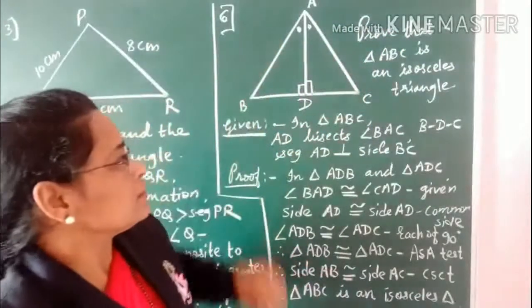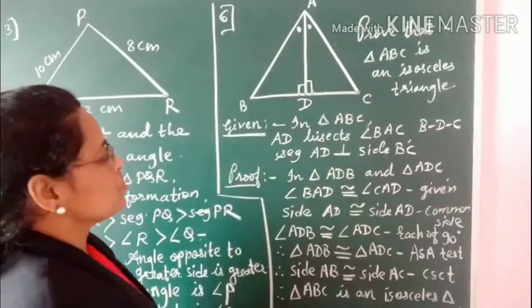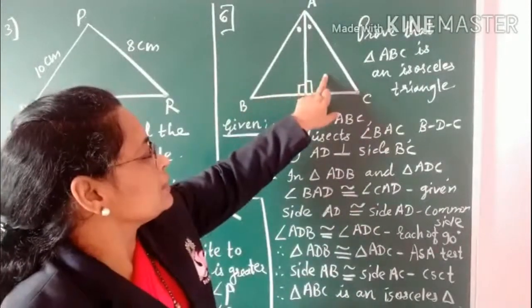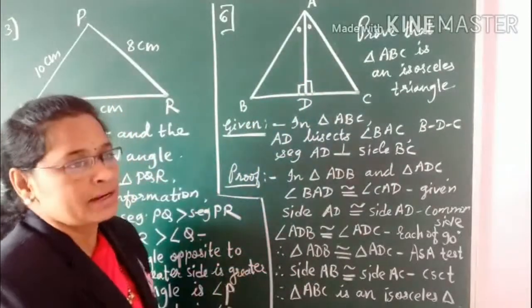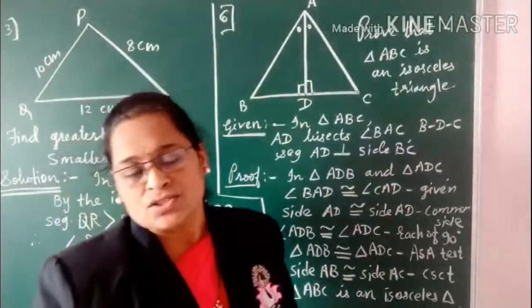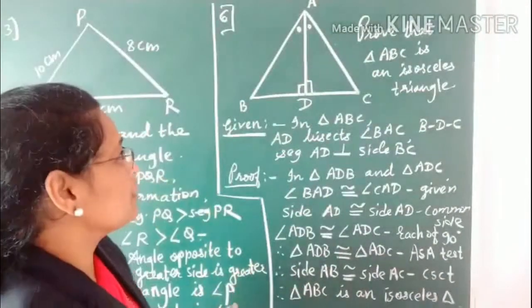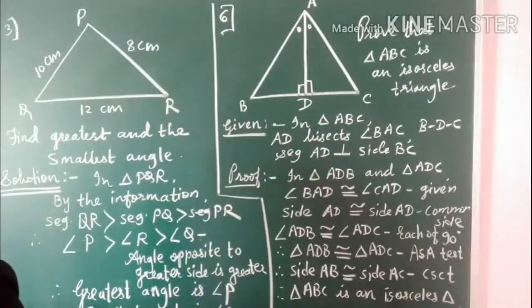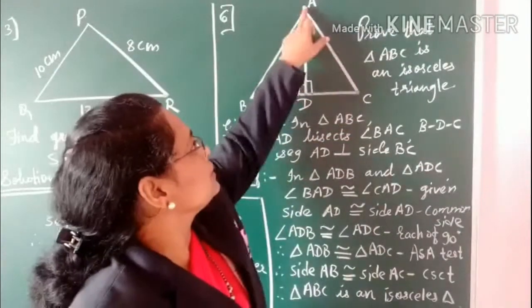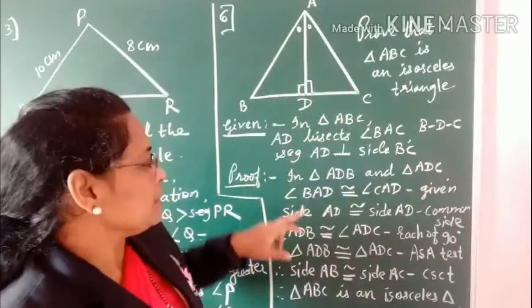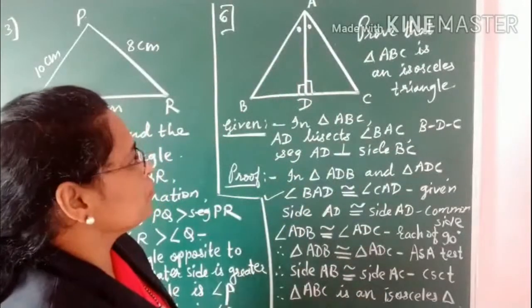Now by the construction or by the question, two triangles we are able to see, triangle ADB and triangle ADC. These two triangles we have to prove that they are congruent by applying the test of congruency of the triangle. So here if we apply the test of congruency of the triangle, easily we can get here three elements of the triangle, that is angle BAD congruent to angle CAD, because AD is a bisector. So this is the one element of the triangle, both of the triangle.